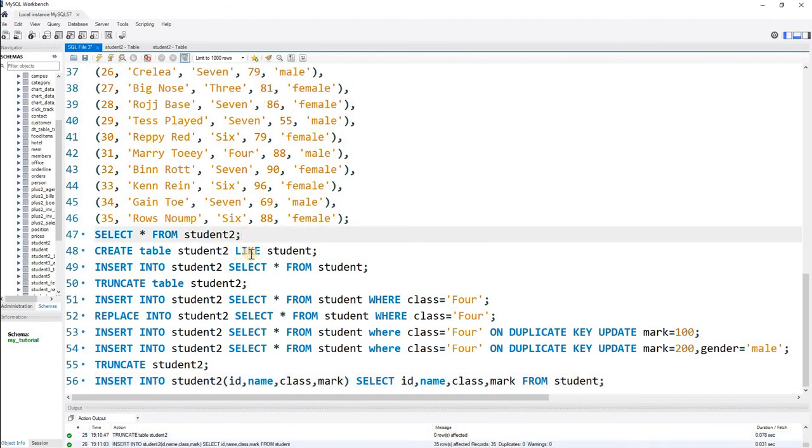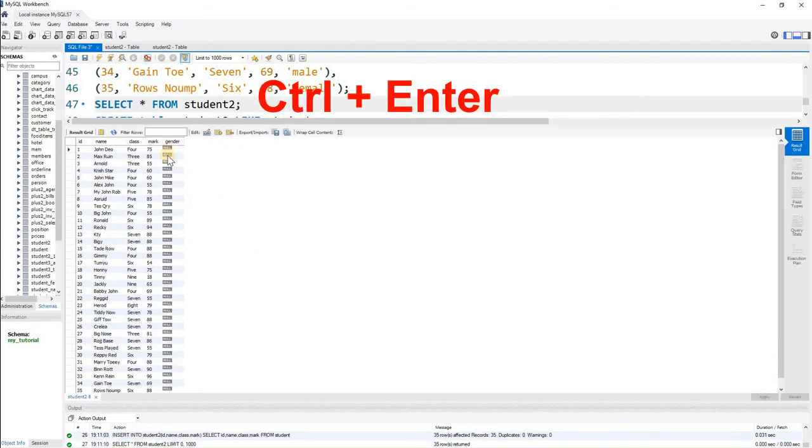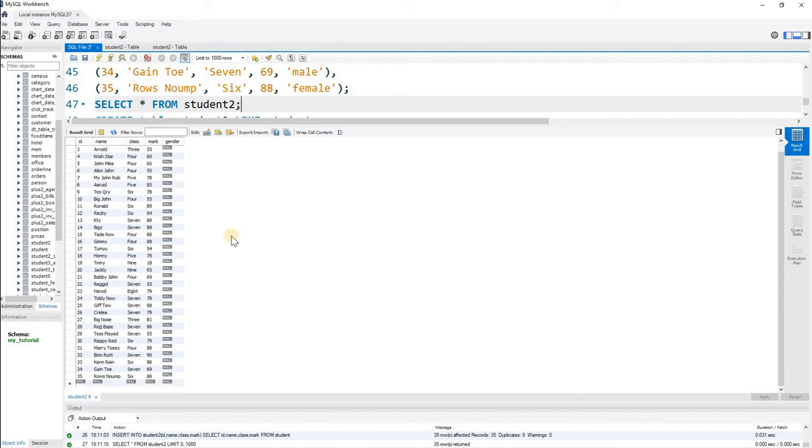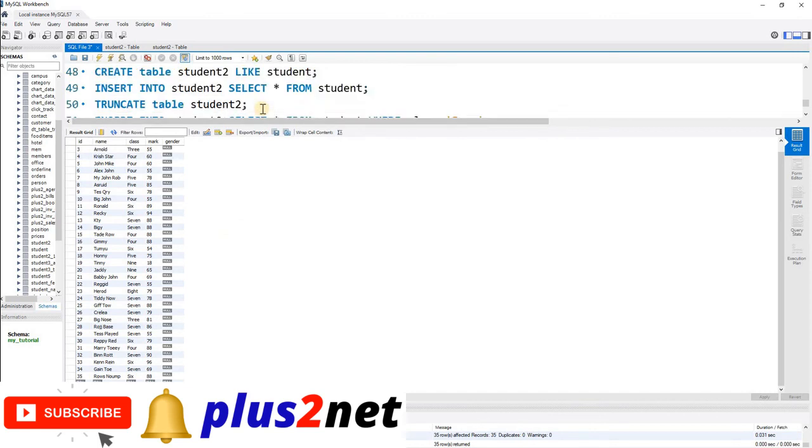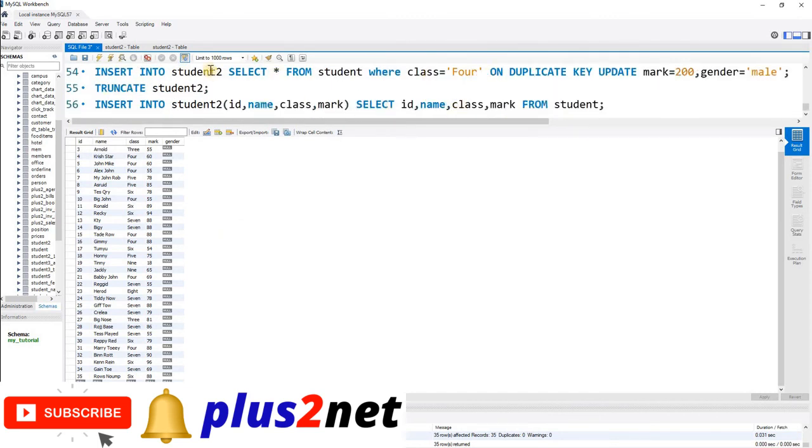Now let me just select the student table. I put the cursor in line number 47 and pressing control enter. So you can see all the gender column data has become null, because by default it takes null data. So the rest 4 columns, ID, name, class and mark, are taken from the student. So this is how we will be managing data transferring with all the columns or a single column or some 2-3 columns, like that we can manage it and handle the constraint part also. So the basic thing is the replace command will override the one, and on duplicate key, if any duplicate key or a constraint is there, we can handle what it should do. That also we have seen.